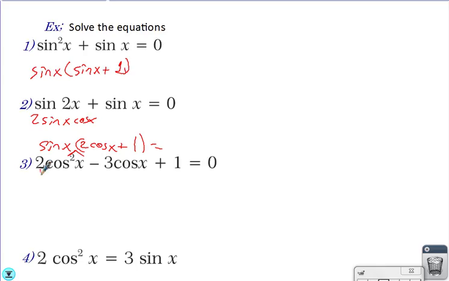Here you write 1 times 2, here you write 1 times 1, and you try to arrange minus 3 for the cross product and add. You try to arrange minus 3. So to make it minus 3, both of them should be minus 1 over there. So in here you must move this one to this side. 2 cosine squared x is equal to 3 sin x. After that,